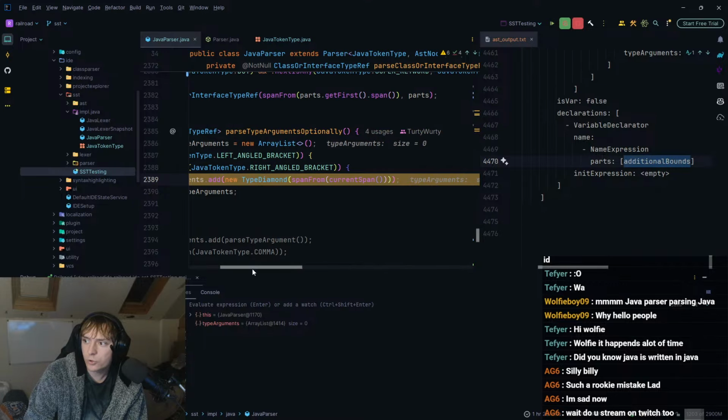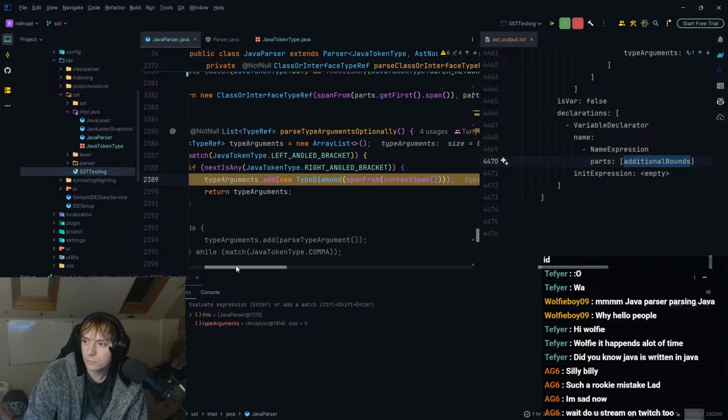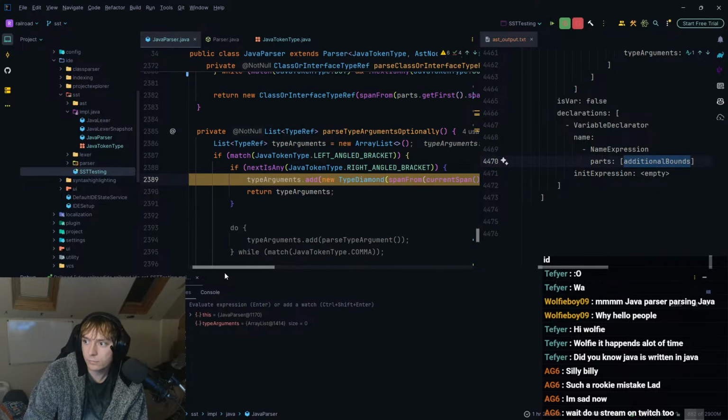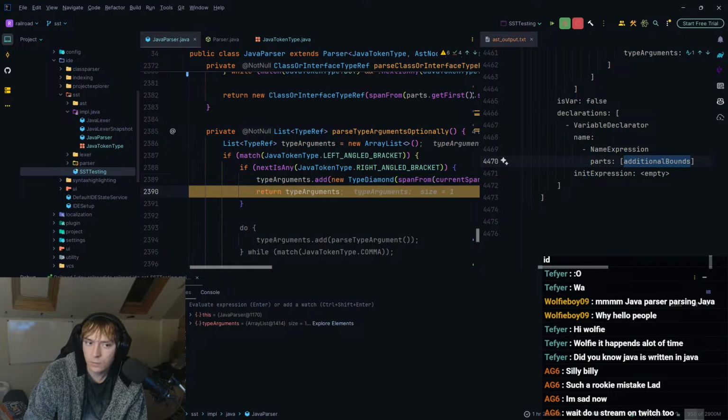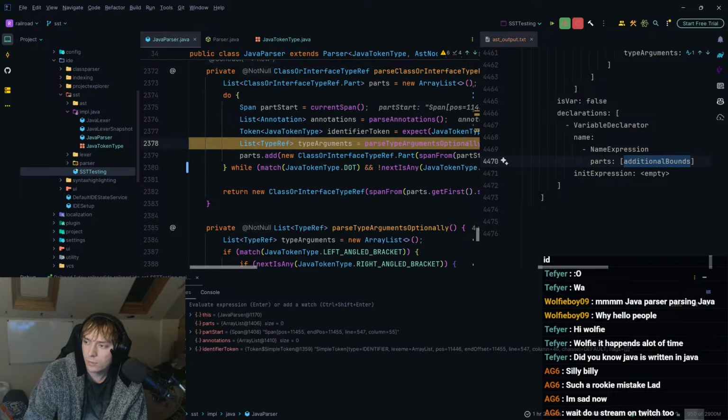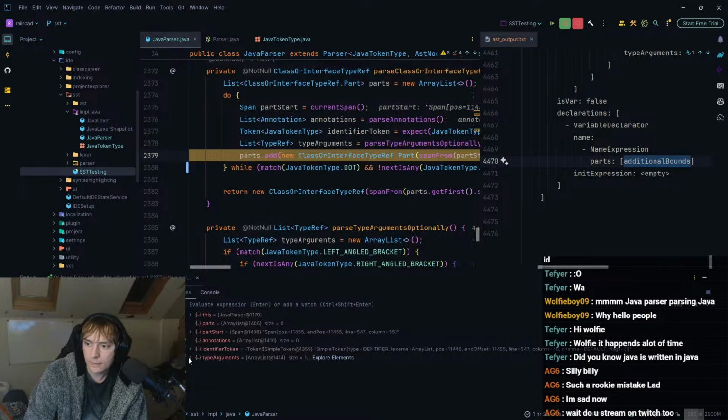So then it should just take the type diamond. I don't know why that wouldn't work. Okay, so it has type arguments, which is just a type diamond.